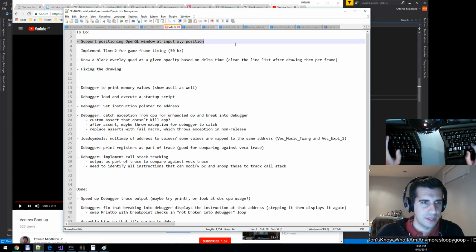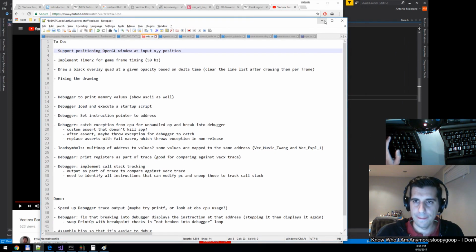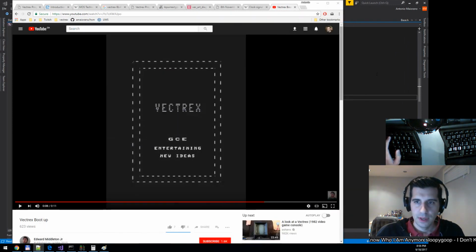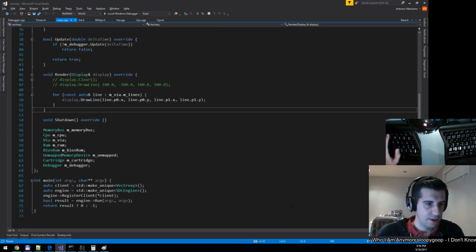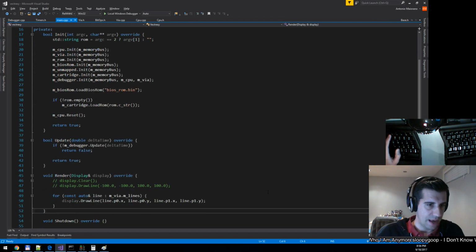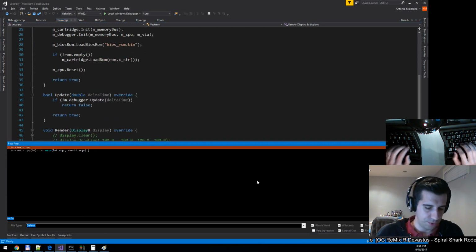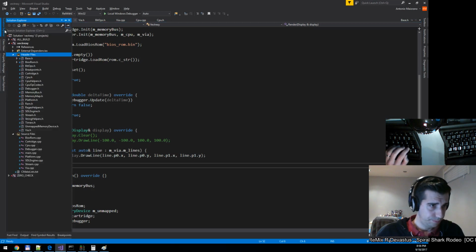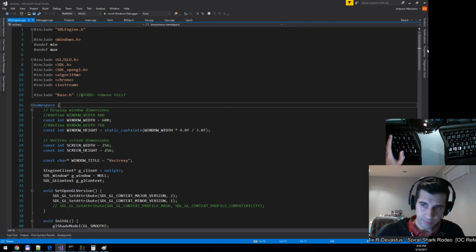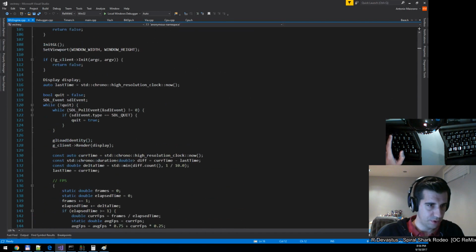So why don't we start with support positioning OpenGL window at input XY position. For that, we're going to go to our main here. Actually, maybe not our main. We're going to go to the... I don't know what I called it. What did I call it? Oh yeah, the SDL engine. So somewhere in here, when we create our window,